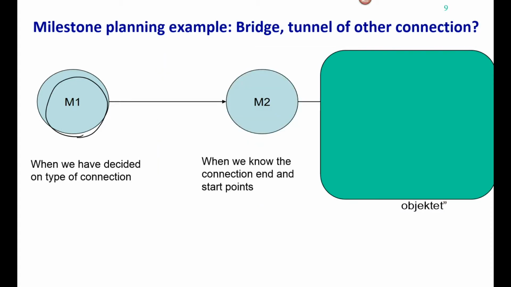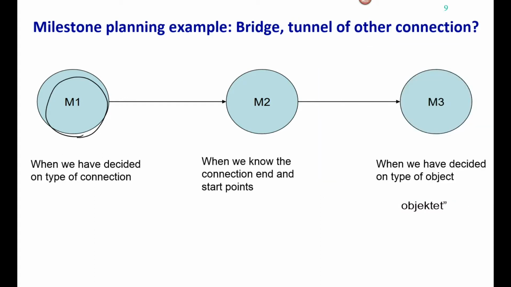Then we could set up a second milestone, and that is after we have decided what kind of connection. We don't know yet if it's going to be a bridge or if it's going to be a tunnel, but we can see into the future that when we reach M2, then we have made that decision in M1, and now it remains to decide where the connection points are going to be, because the connection points would depend on what kind of connection we would have, whether it's a tunnel or a bridge or a ferry. And then at the end,